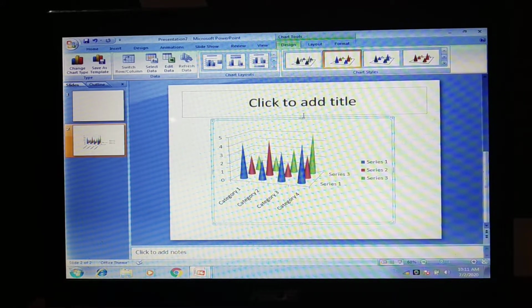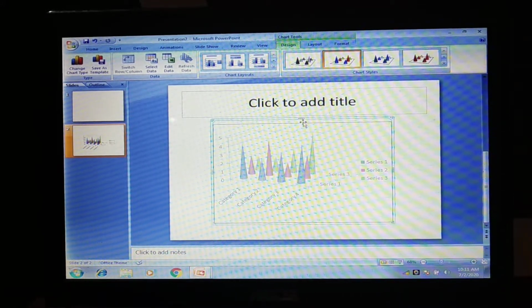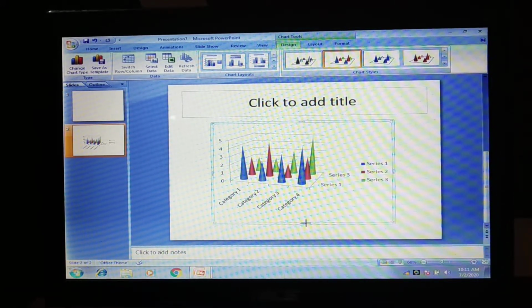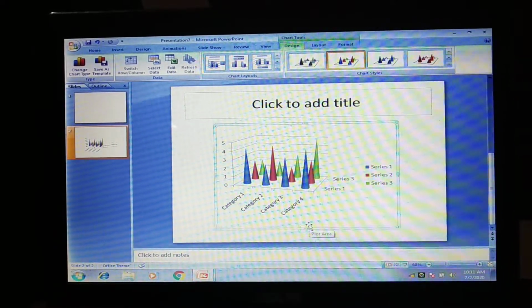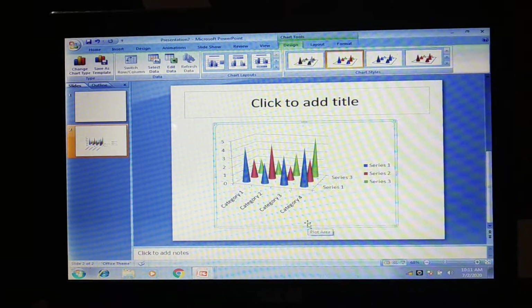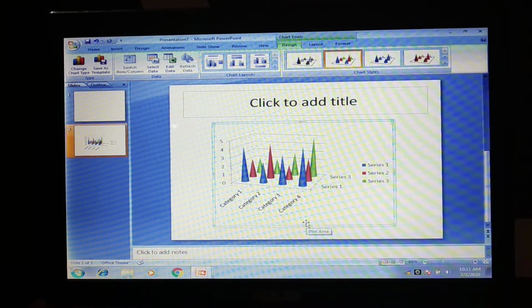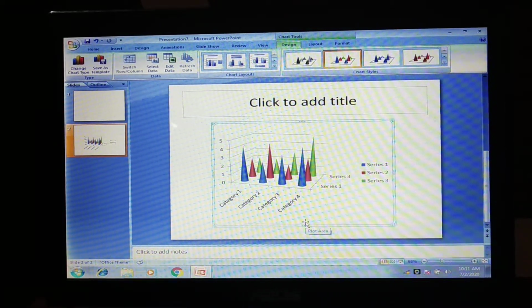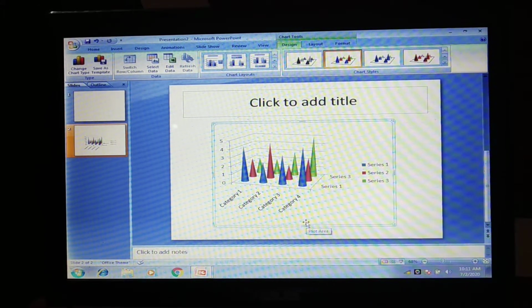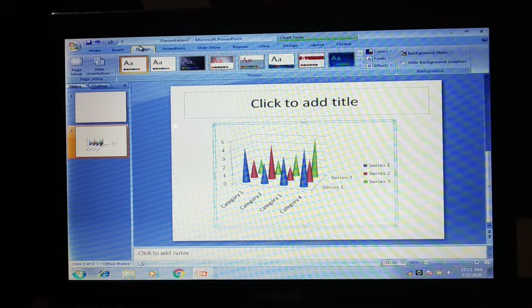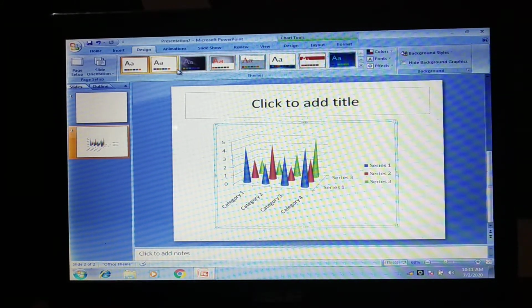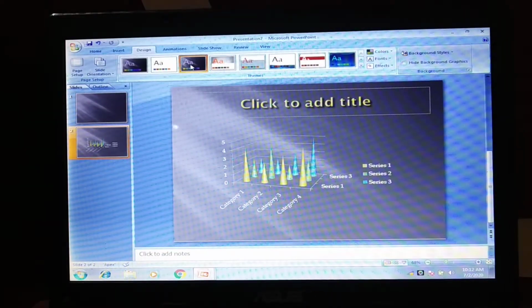In whatever way you need to complete your presentation, a presentation should be prepared in a very smart way so that it looks very nice when you display and show it to your audience. So there are so many things which you can do in this MS PowerPoint. You can put some designs. The slide will look like this.